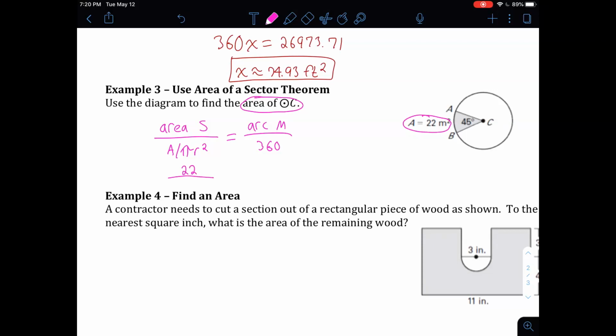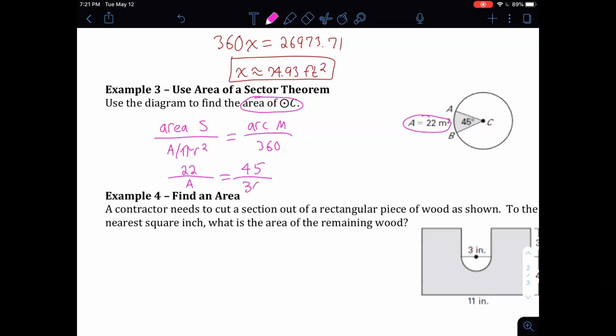Now, if we're looking for the area of the circle, do you guys think we should use the whole area, or should we use pi r squared? So this is kind of a shortcut. Instead of using pi r squared and then converting it back to area, I would probably just use the area of the whole circle. Call that A. That's going to keep things nice and organized for us. We don't need to multiply by pi and get confusing here. What's the degrees of the area of the sector there? 45